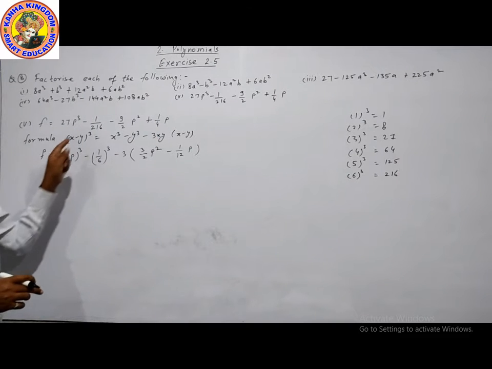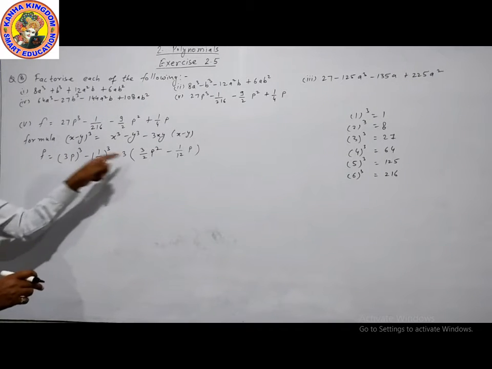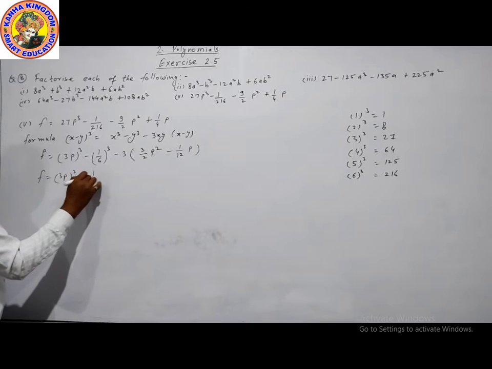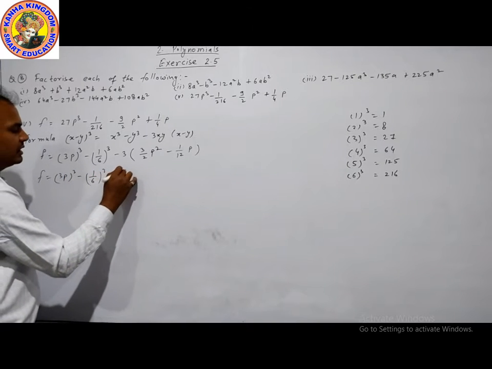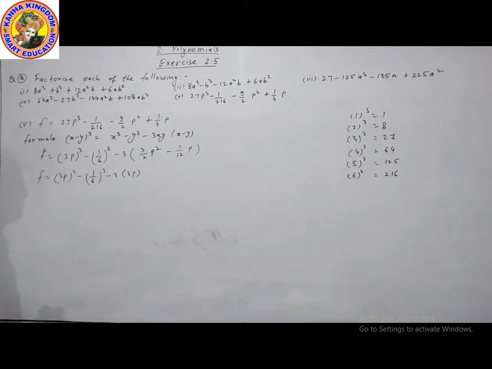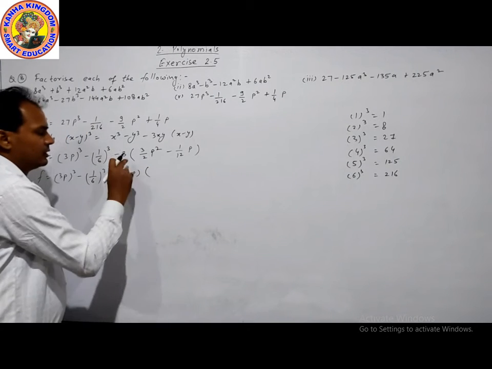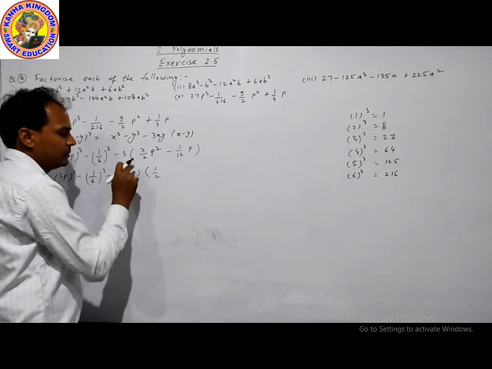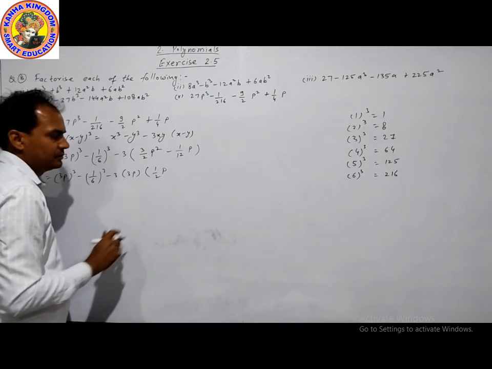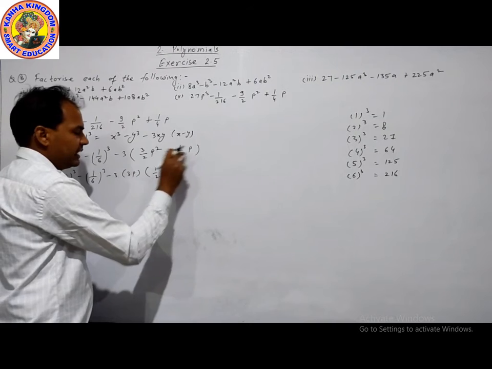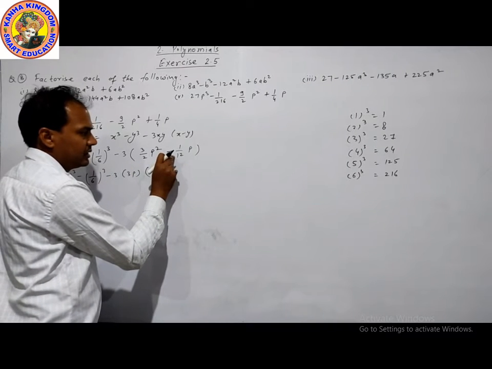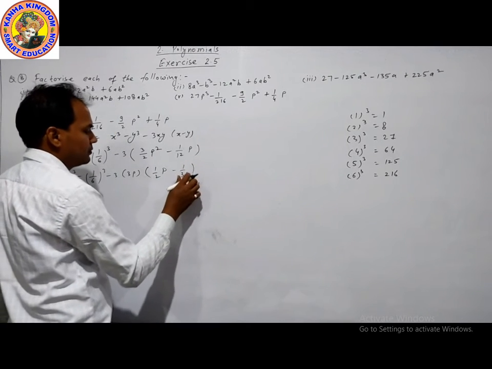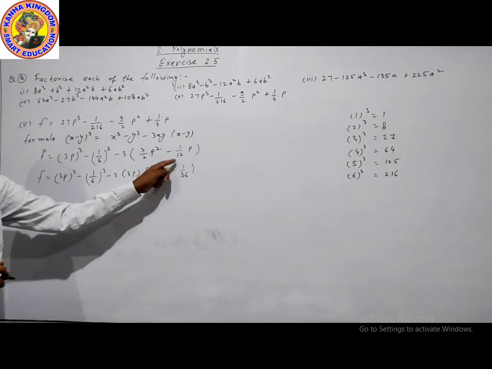Then next one, taking x as a common. Who is x? x is 3p. Now we will take 3p as a common. 3p cube minus 1 by 6 cube minus 3. Now taking 3p common, dividing by 3p, 3 will be cancelled, so 1 by 2, dividing by p, this is our p. Now dividing by 3, p and p will be cancelled. Now dividing by 3, 12, 3. This is over 3 into 12, 36.